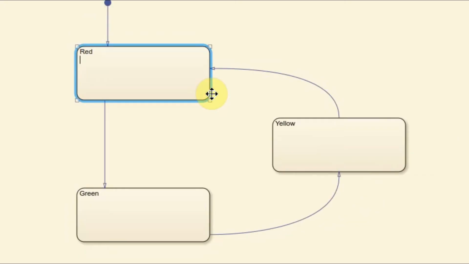Each Stateflow state executes in three different ways. First is entry, next is during, and the third is exit. We can specify different commands during entry, during, and exit of any state. So we will copy the same thing for all the three states.